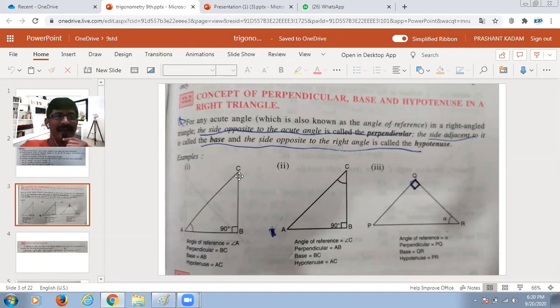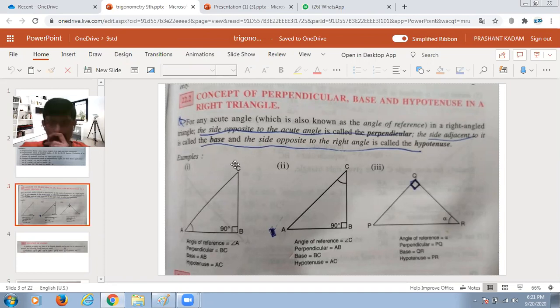I'll repeat. I have started the topic, guys. So this is called hypotenuse. AC is called hypotenuse, and since our reference angle is A, AB is called adjacent side, and this BC is called opposite side. You can keep saying at your end, BC is called opposite side, AB is called adjacent side with respect to angle A. Understand, with respect to angle A. AB is called adjacent side, and this AC is called hypotenuse.